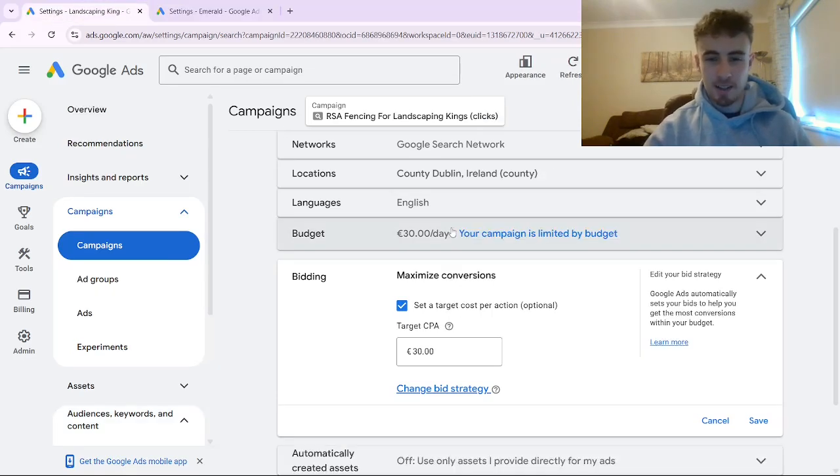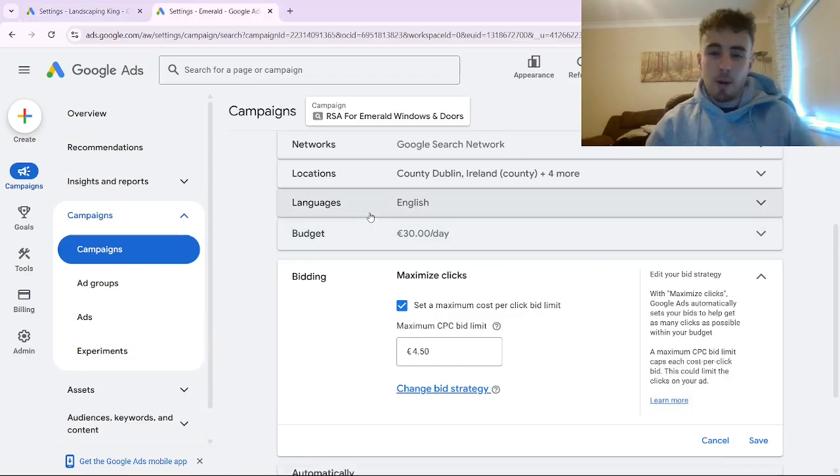while Maximize Conversions is designed to get you as many conversions as possible within your budget. And so you might be wondering, why would I even bother with clicks if that's the case? Now, we found that using Maximize Conversions at the very beginning with no previous conversion data hasn't worked nearly as well as using Maximize Clicks at first. We use Maximize Clicks strategically to gather as much relevant conversion data as possible so that we can make the switch across to Maximize Conversions and see effective results with it as